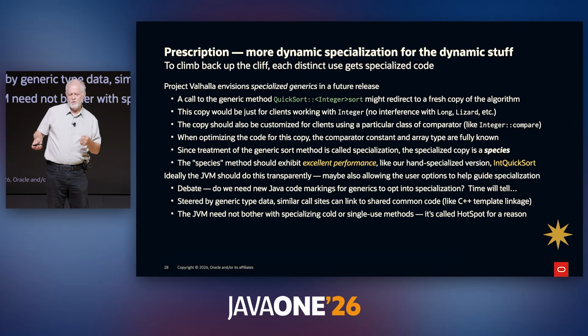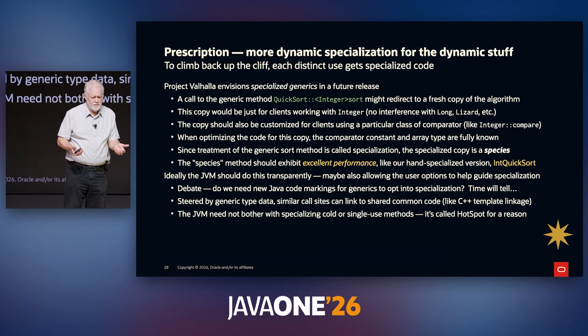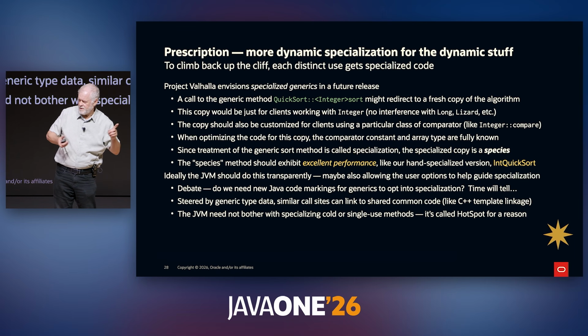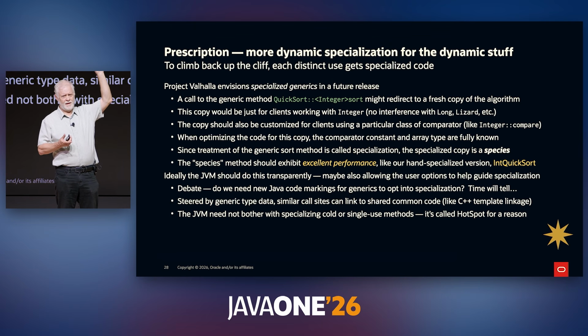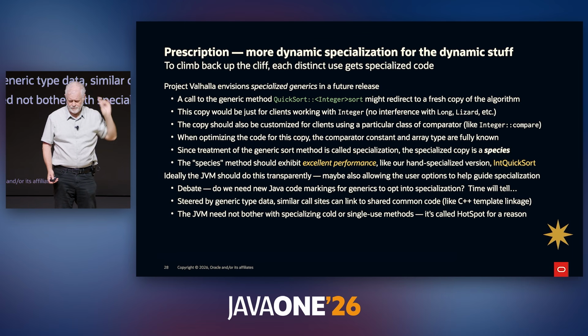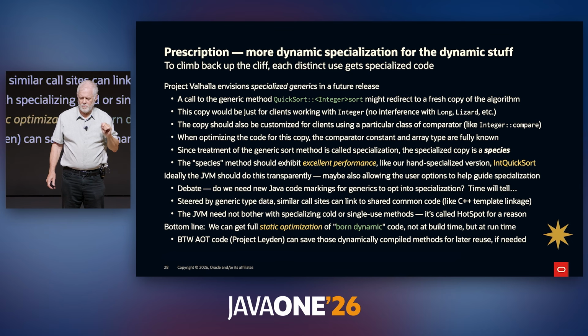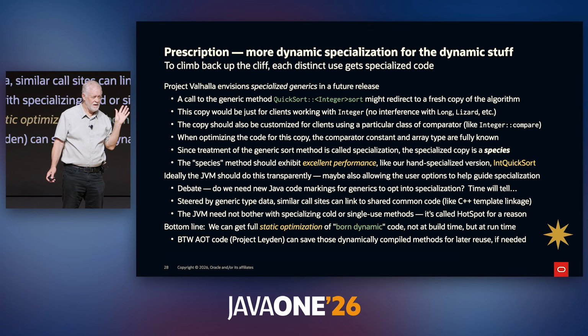So maybe steered by the right kind of subtle hints and tea leaf stirrings in the class file, maybe we can tell when to go to that kind of specialization, get that species, get the int species, get the long species. Oh, you're doing the reverse comparator. That's a different algorithm. Or maybe the VM says, that's not often enough. You're going to go generic on that one. So let's continue to try to get full optimization of the most dynamic code and dynamic workflows possible, because that's kind of the superpower of the HotSpot VM. By the way,